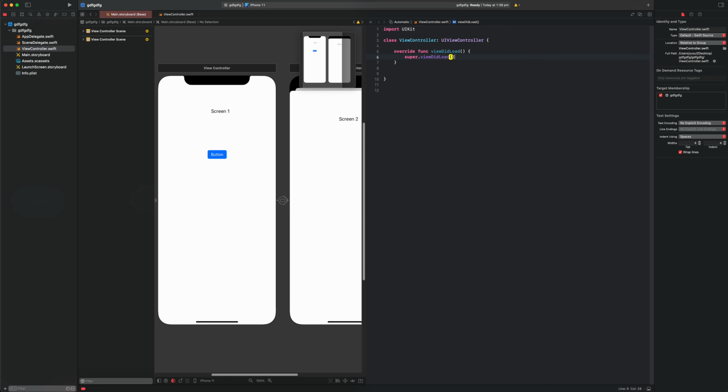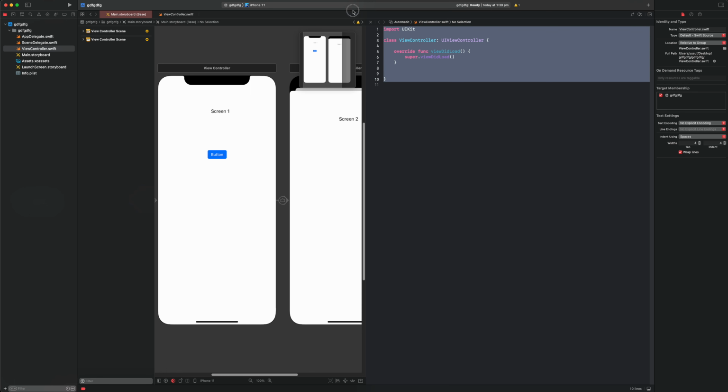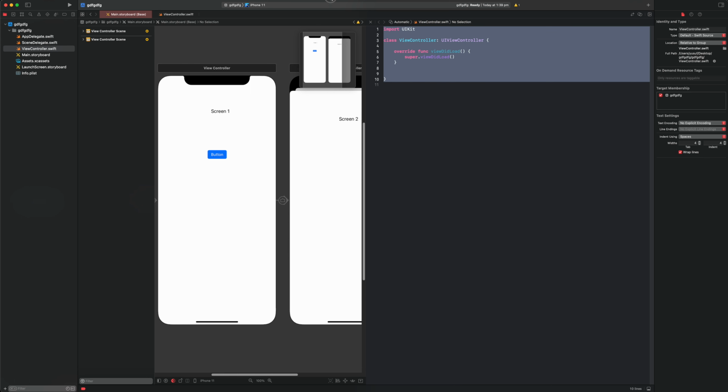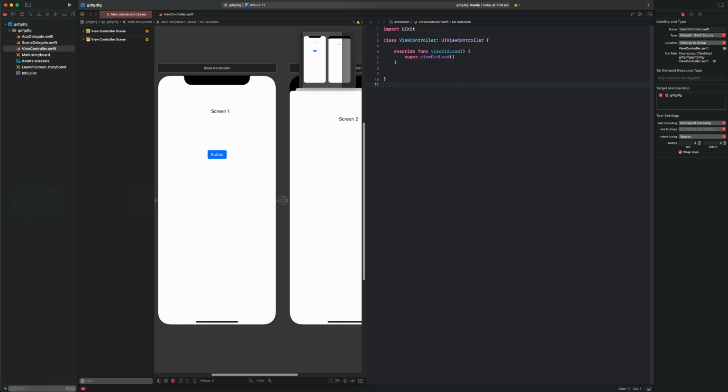Comments are basically two slashes and then whatever you want to write. When you run the app in the simulator and it reads the code, it doesn't read anything after this, because that's a comment. It's called a comment. So let's say import UIKit. So now I want to comment that saying UIKit